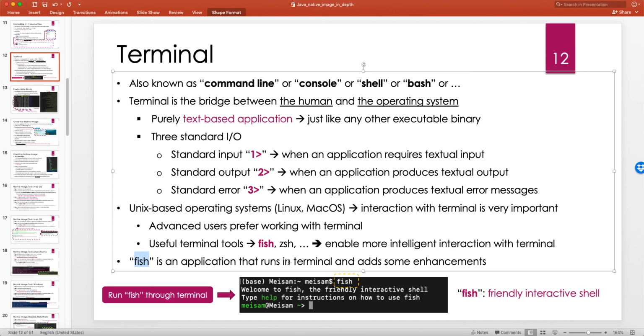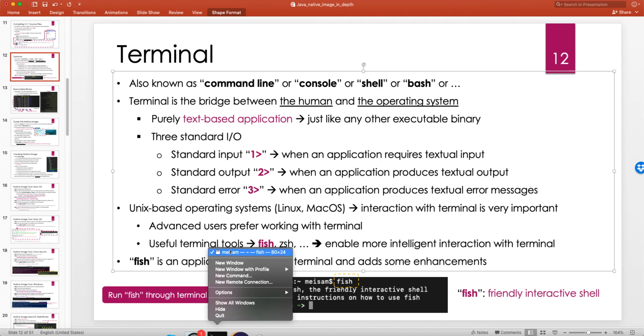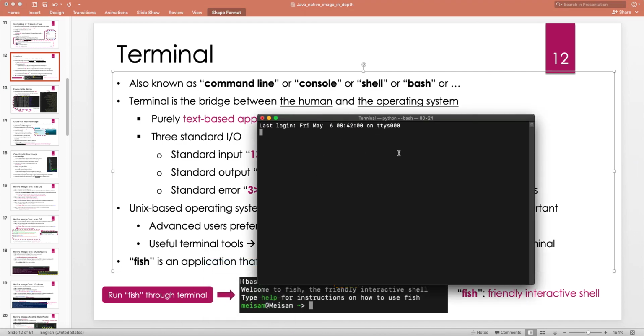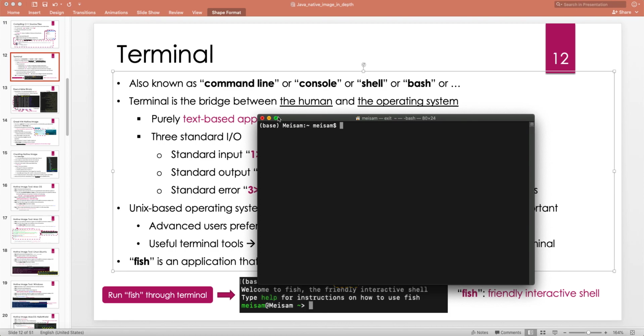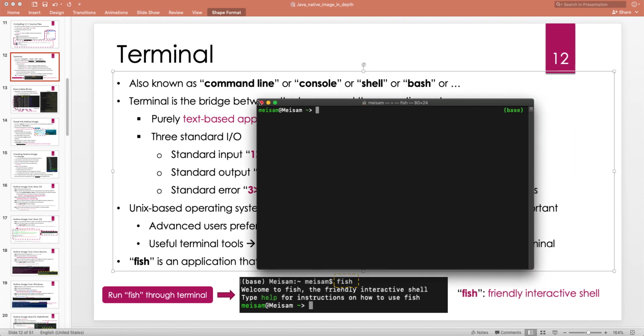Fish is an application that runs in the terminal and adds some enhancements. It's available both for macOS and Linux. I highly recommend you install it and use it. It has a lot of highlighting features, and even in my bashrc I've set it to run by default. Anytime I run a new terminal, it immediately runs fish, so that I'm always in the fish shell instead of the original shell. If I want to exit fish, I type exit and I go back to the macOS terminal, which is a little bit boring. It doesn't have any highlighting, etc. So I recommend you use the fish